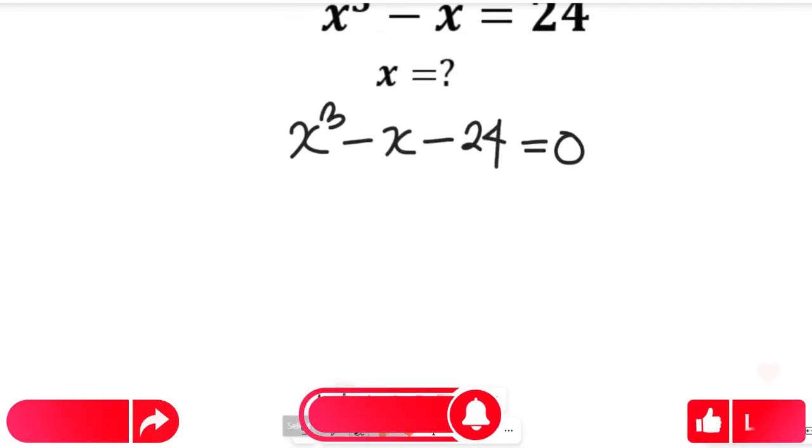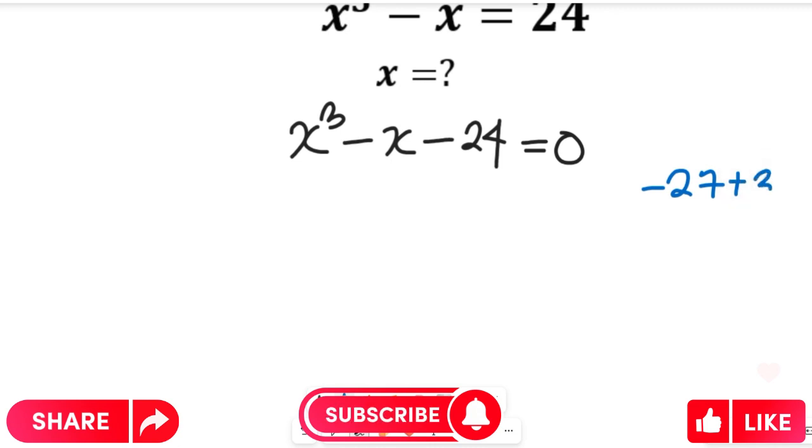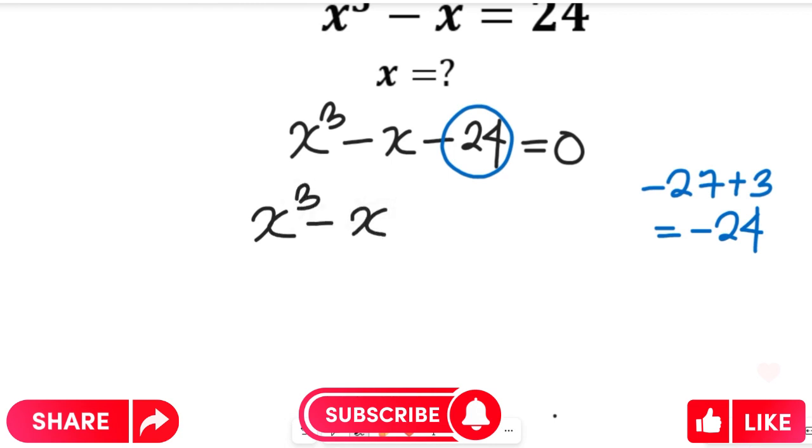From this point, I want you to look at an analogy. If we have negative 27 plus 3, this will be equal to negative 24, right? Good. So that means negative 27 plus 3 can replace minus 24. So let's try that and imbibe that into the equation. This will give us x to the power of 3 minus x minus 27 plus 3, and this will